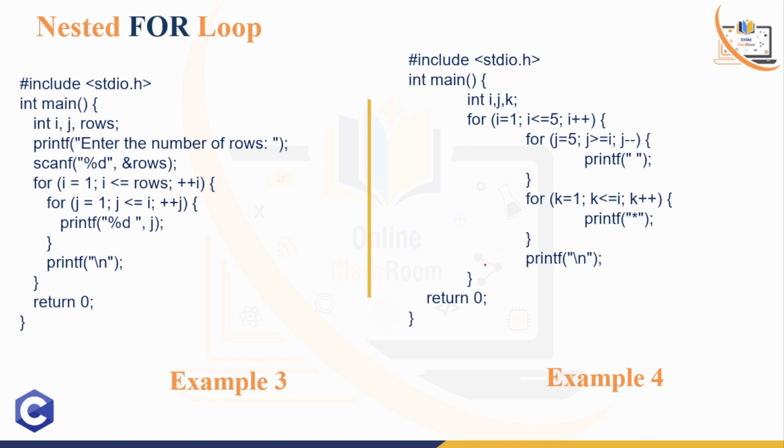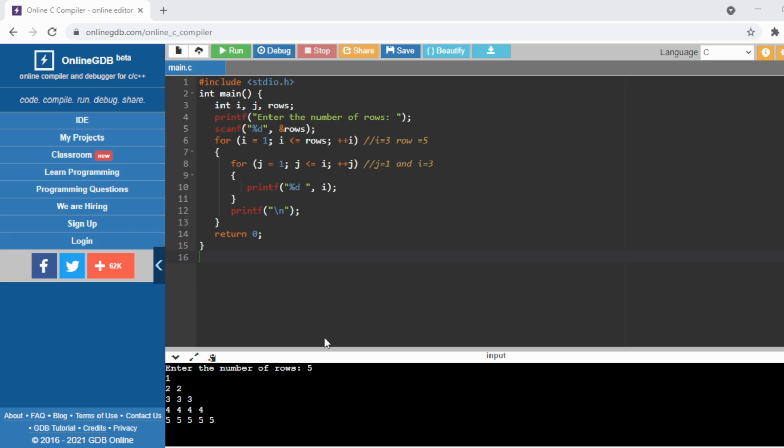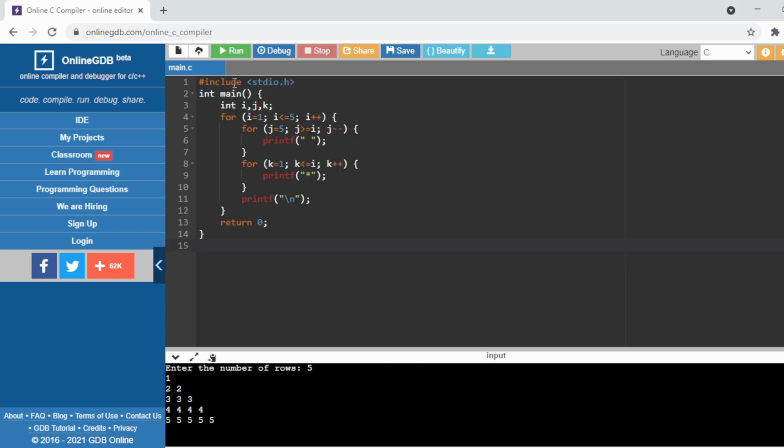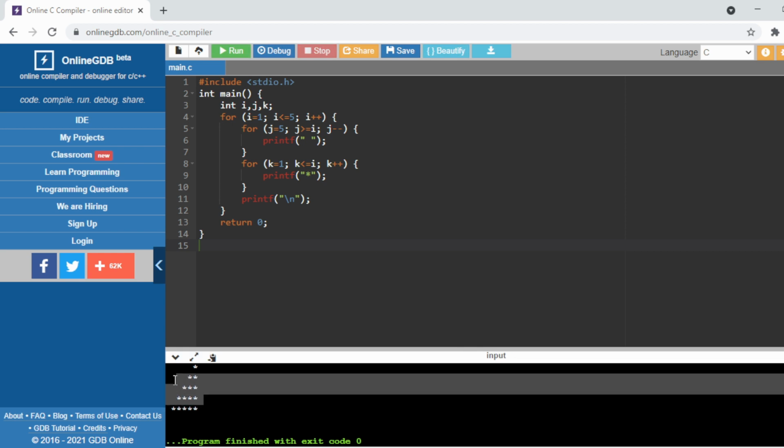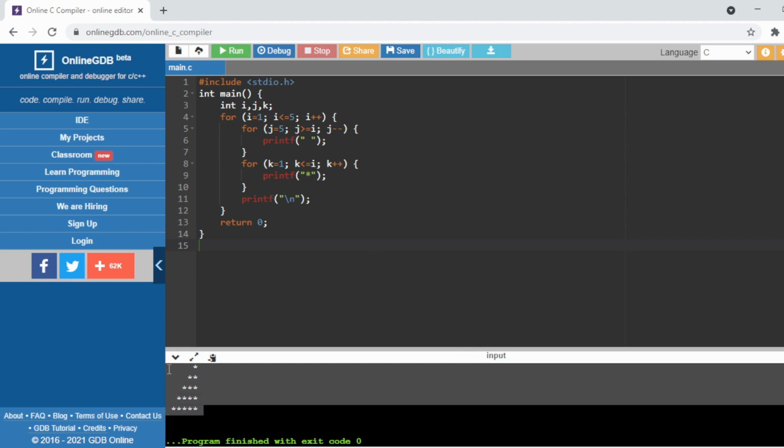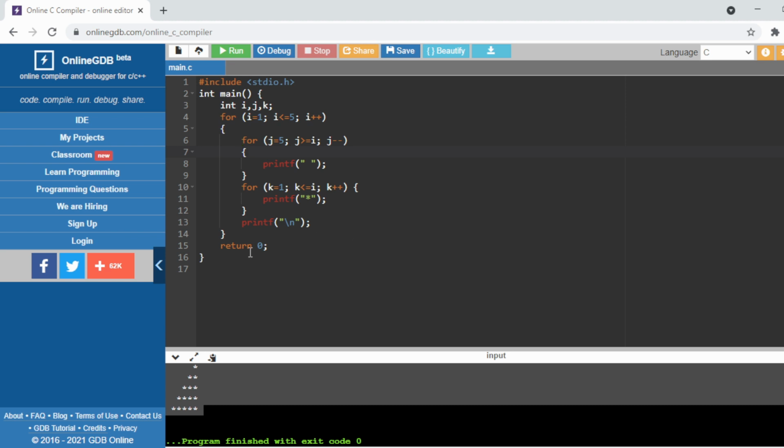So suppose we run this code, let's first run it, and after that we can go into the details, right? Just a minute. Okay, I'm running this code, and this type of pattern will come, right? This is the output of that code. So for your better understanding, I am just giving braces in the second line, right?